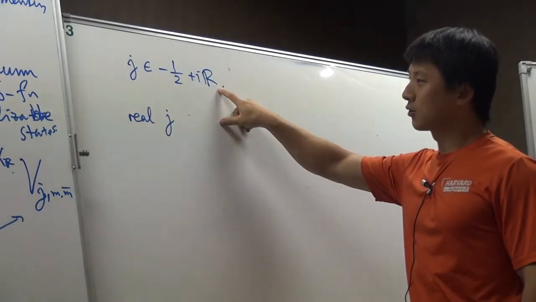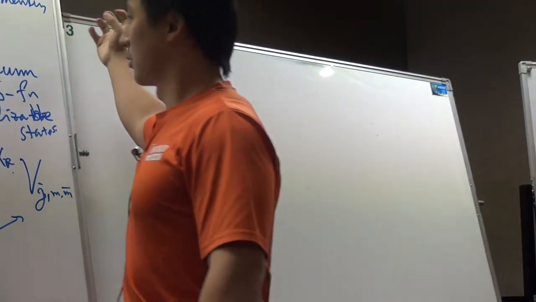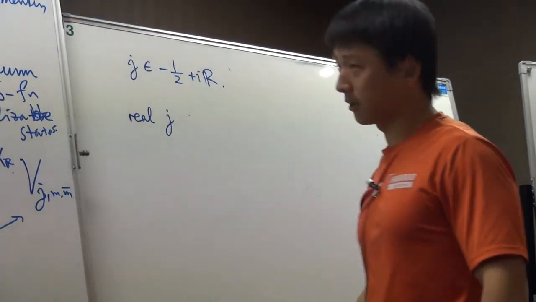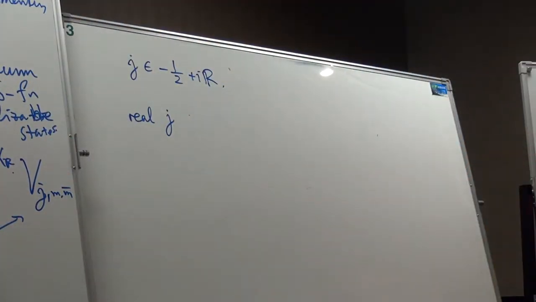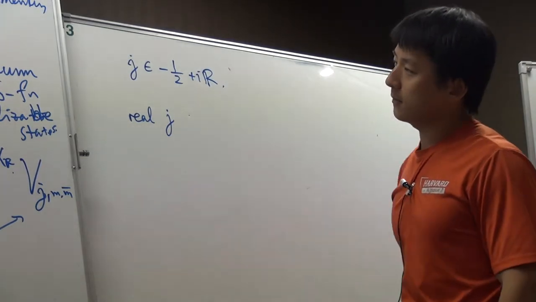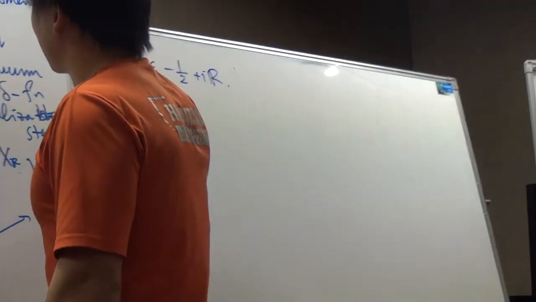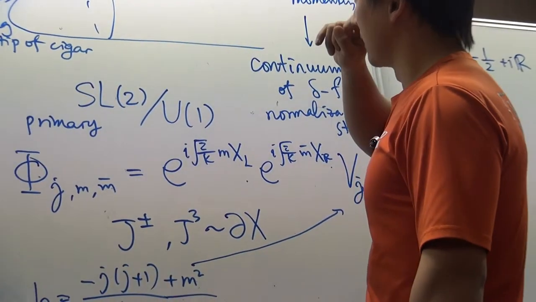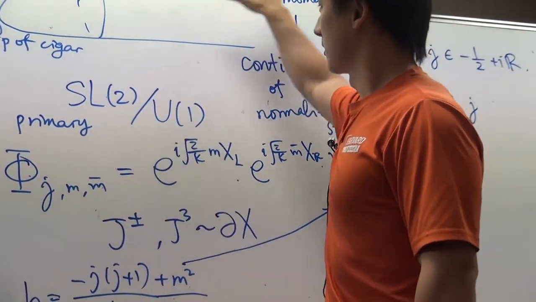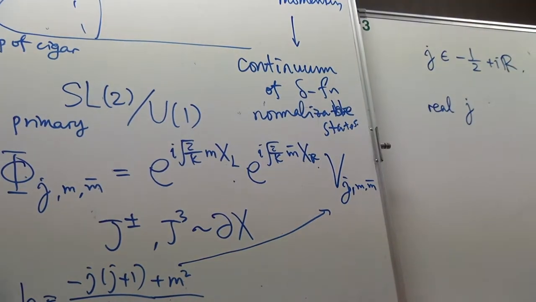In this case, what it describes is a scattering wave of the string that goes in and scatters back out, with some scattering phase, which one can compute. For real J, you can view this as an analytic continuation of that, but it's not well defined as a vertex operator because it just blows up exponentially.